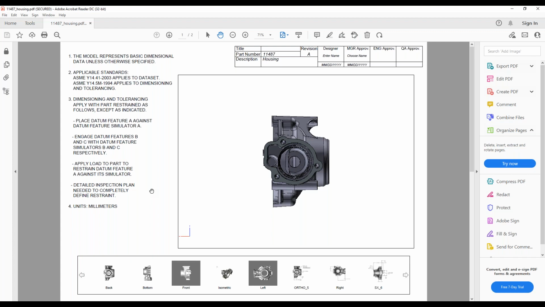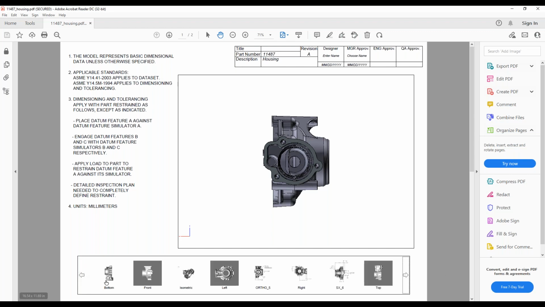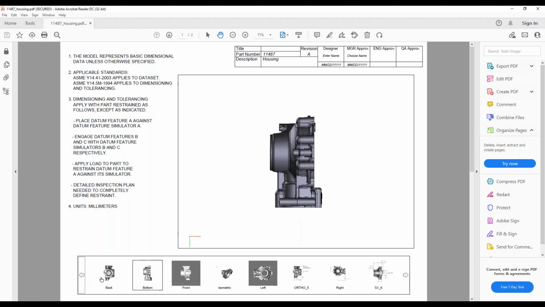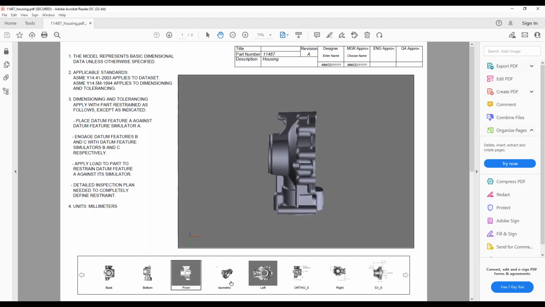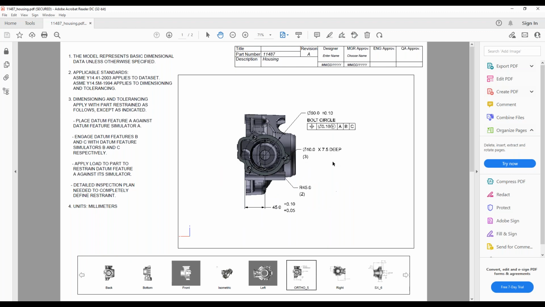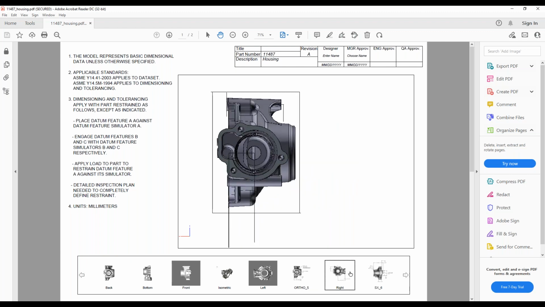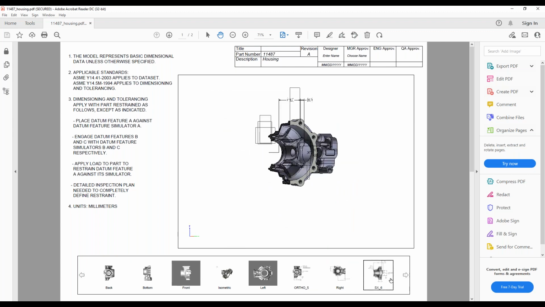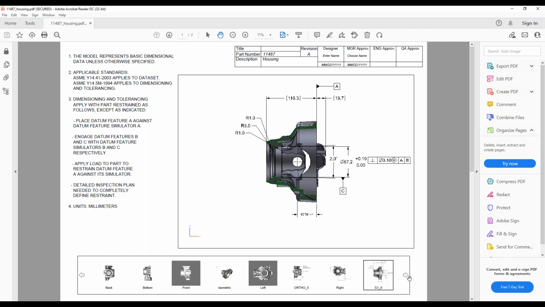You don't have the traditional 2D environment where you just have views all over the place. You can set it up that way if you wish, or you can have something like this where you have those views shown at the bottom here. Right? You can go through the different views, take a look at that ortho view, and the dimensions applied to those views, right? That cross section,